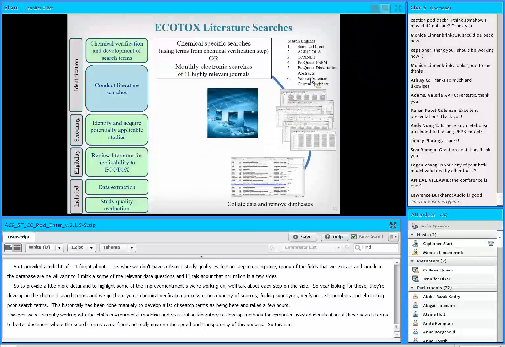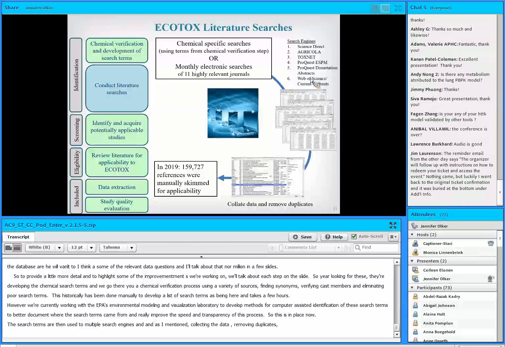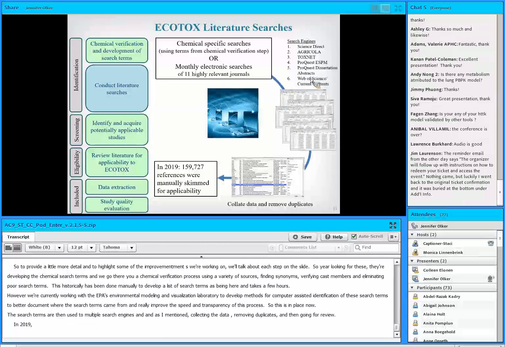These search terms are then used through multiple search engines, as I mentioned, collecting the data, removing duplicates, and then going for review. In 2019, 159,000 plus references were manually skimmed for applicability at that title and abstract level. To improve this process,